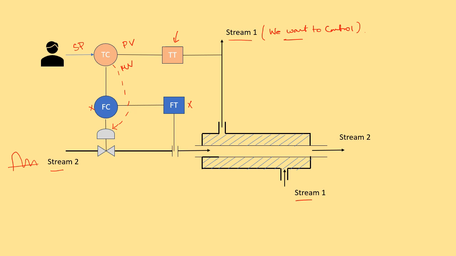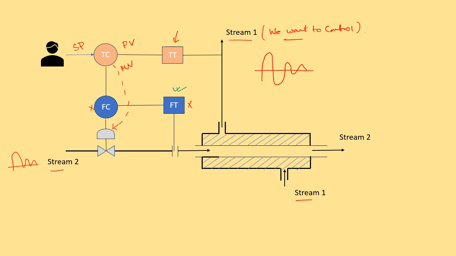So what will happen ultimately is, due to the late reaction of the controller, there will be overshoot and undershoot of the temperature that we are trying to control, and this may be a very inefficient way of controlling, or this may result in bad quality product. It can also result in some safety issues because of the sudden increase or decrease of the temperature of stream 1. So to avoid such a situation, what is done is we install another FT,